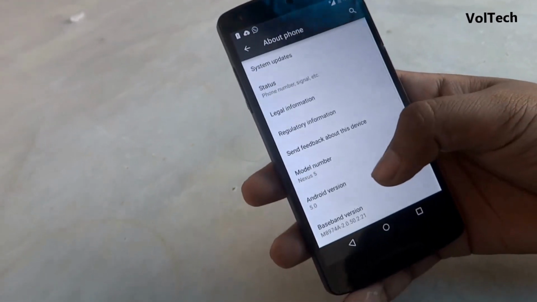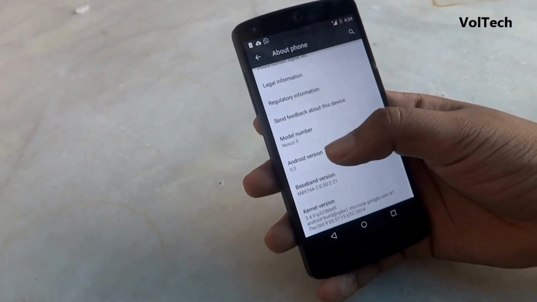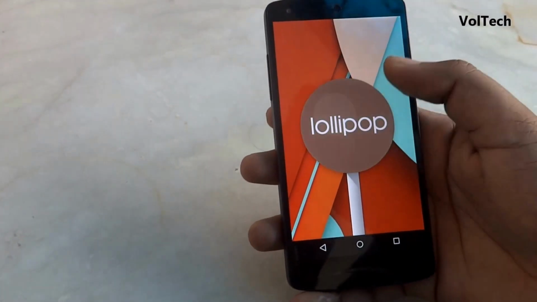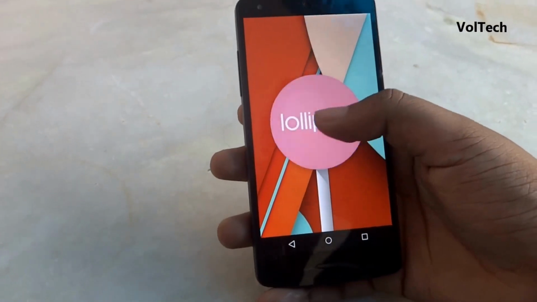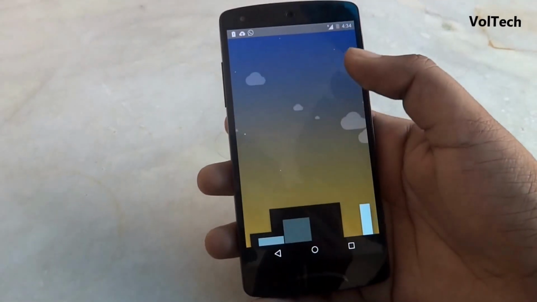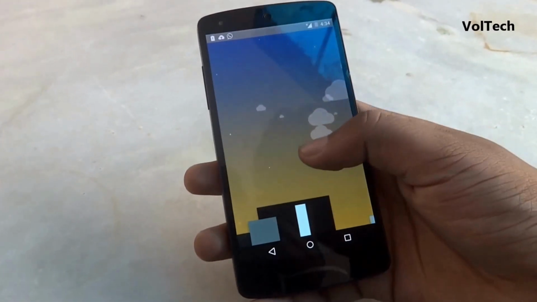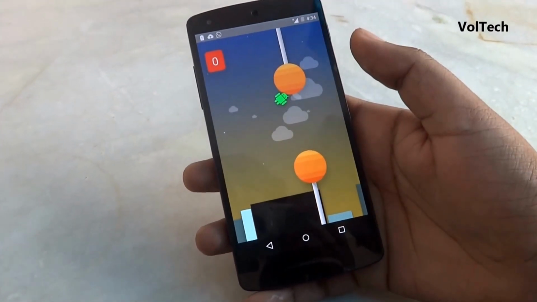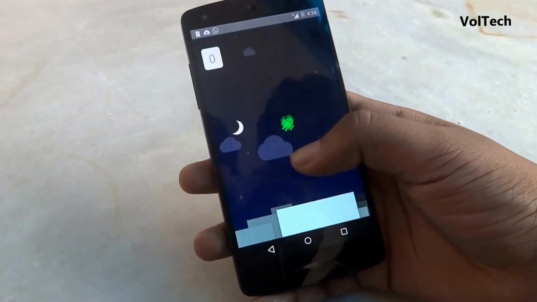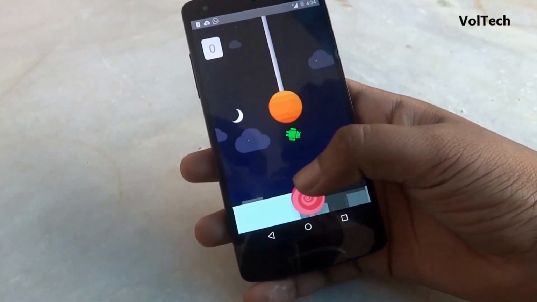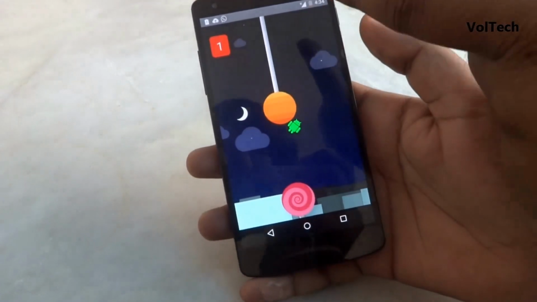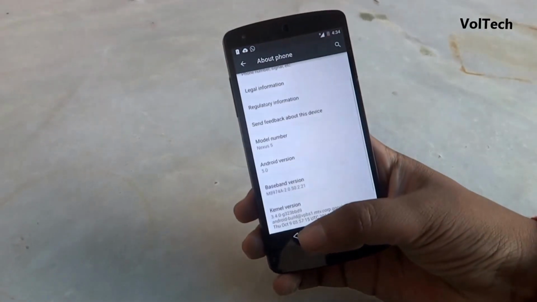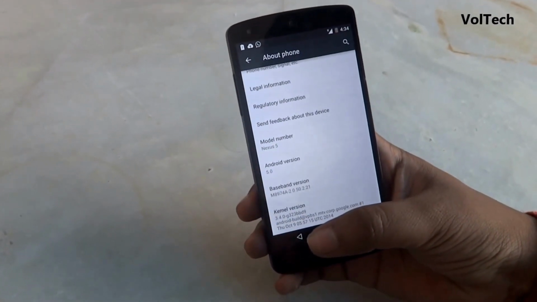Now as you can see, this is Android version 5.0. Really nice, this effect you see, and they have also added a game to it. This game is known as the Easter egg by Google, and you just have to play it. You have to move that Android between the two lollipops. Pretty difficult game, just like Flappy Bird. So you can see I've got one score now. That's about this game, nothing much, but a really difficult game and a pastime really.